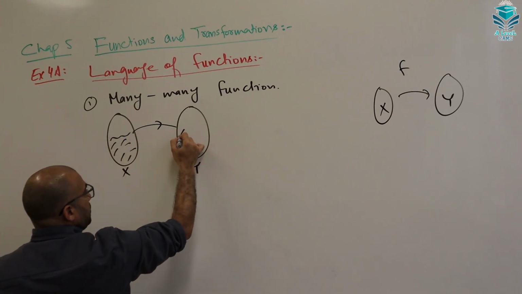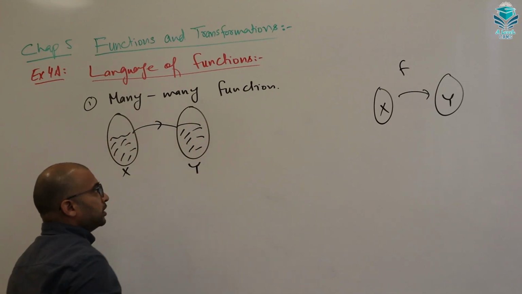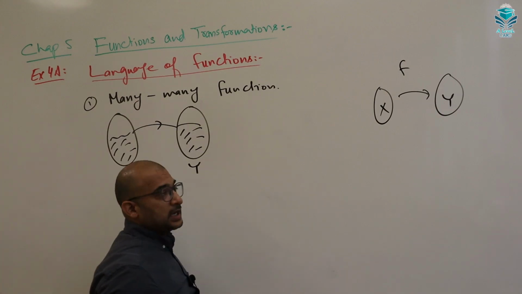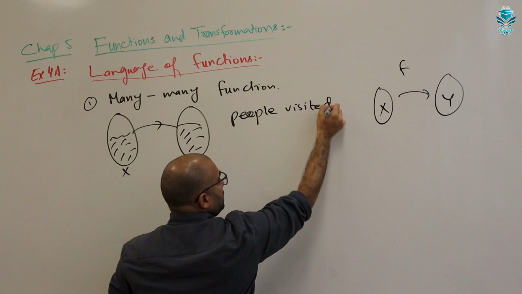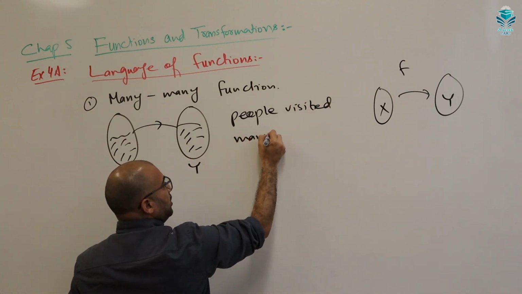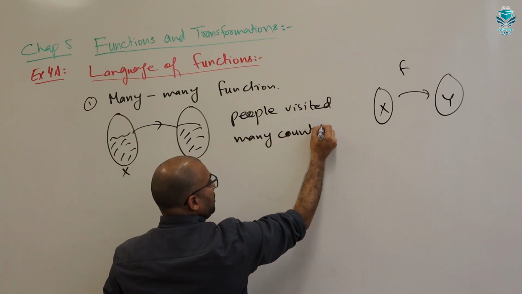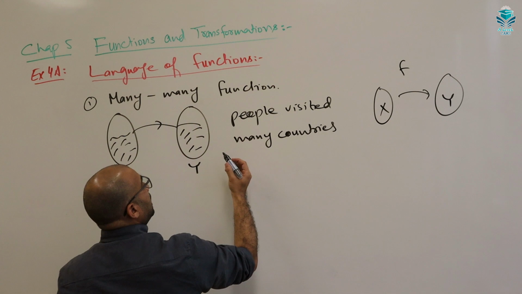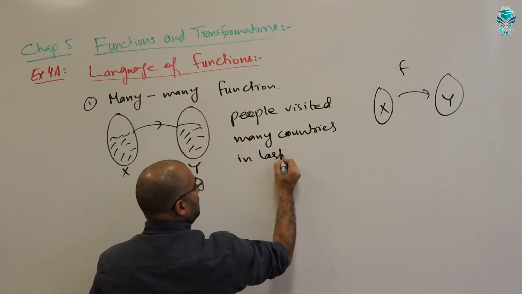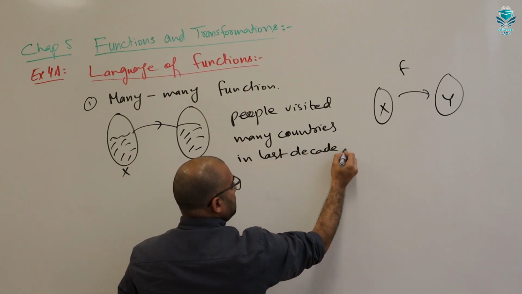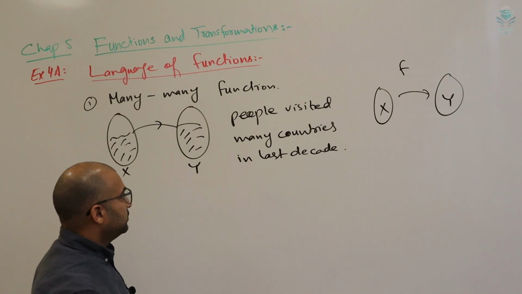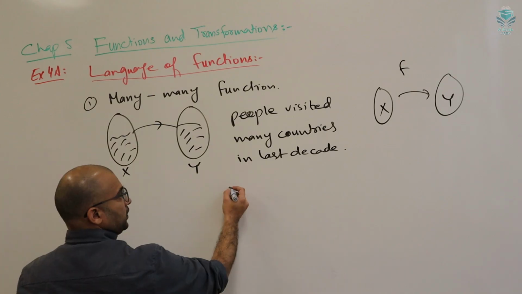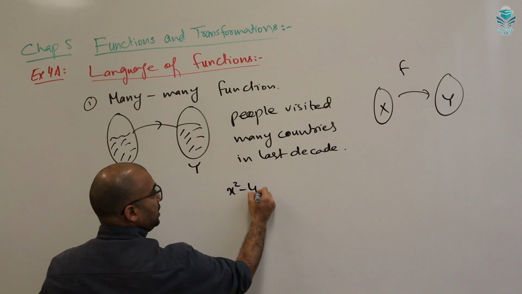The many map on the many. In real life we can say that people visited many countries in the last decade. Or if we see it mathematically, let's say we have a set of equations: x square